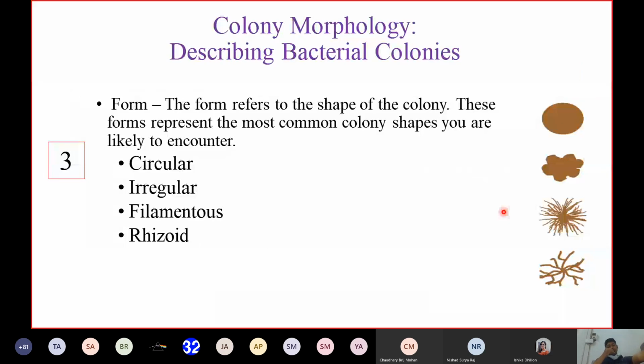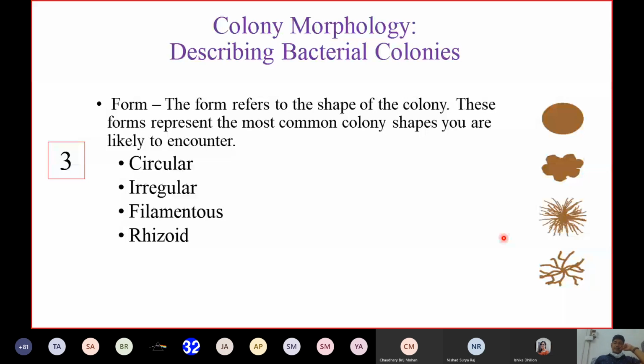Similarly, colony morphology. See this picture. This is round. Here the margin is very irregular. It is more than irregular, that's what we call filamentous. Sometimes certain bacteria will form root-like structures around the margin. So the margin can be divided into circular, first picture, irregular, filamentous, and rhizoid. If you see the book, you can see more than that, but these are the basic differences. We'll see some other pictures for colony morphology later.